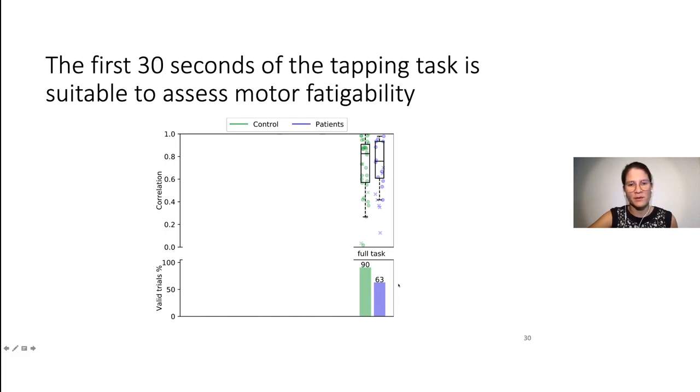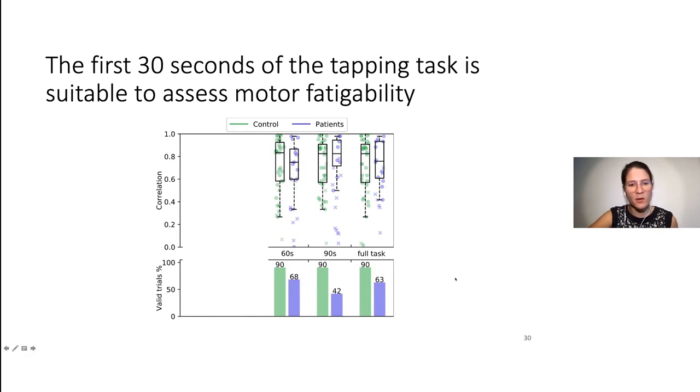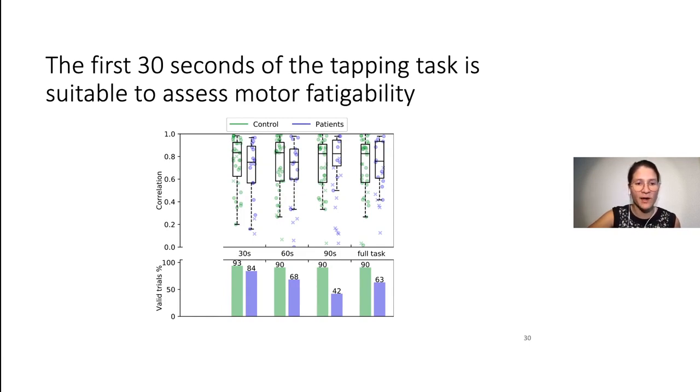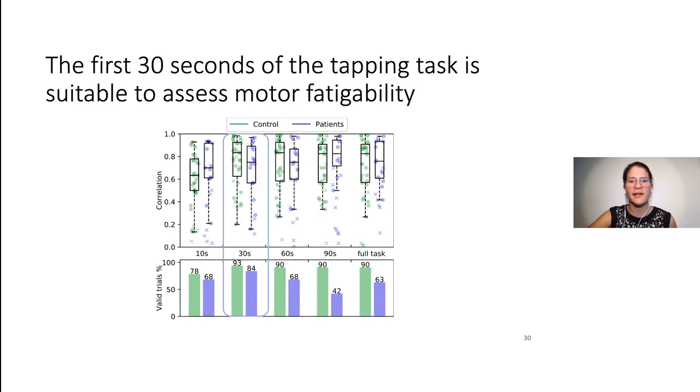Now let's see what happens when the stop condition of the trial is no longer completing 250 taps, but rather 90 seconds. So we can see that the correlation remains the same, but the number of valid trials changes. The same we can see with 60 seconds. With 30 seconds, we can see the correlation stayed the same, but the percentage of valid trials is actually higher. Finally, with 10 seconds, we can see a bit of lower correlation and a change in the percentage of valid trials. So overall, we can see that the first 30 seconds of the tapping task is suitable to assess motor